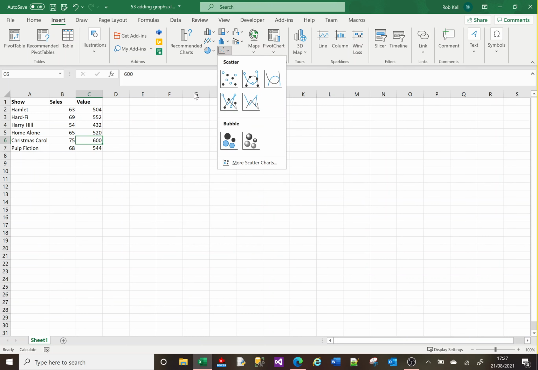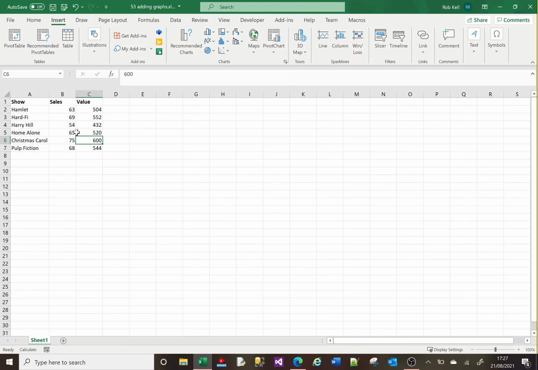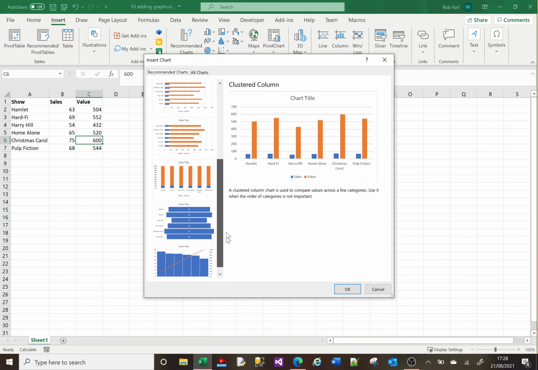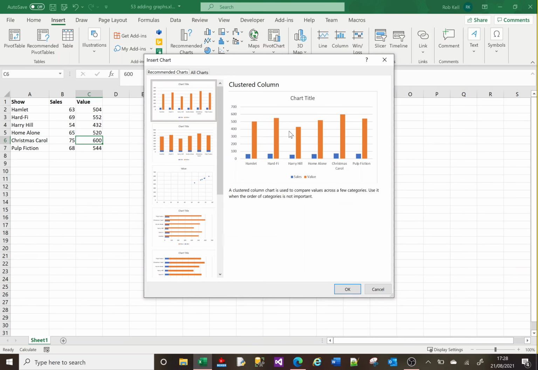So for this data here, what Excel allows you to do is you can click on this recommended chart, and Excel will take a look at the data you've got, and it will say to you, okay, with that data, this is the best type of chart or charts that you should be using. So with this data, if I click on recommended charts, it says to me, alright, for that data you should be using one of these types of charts to get the best results. As it turns out, this is the type I wanted to use, but